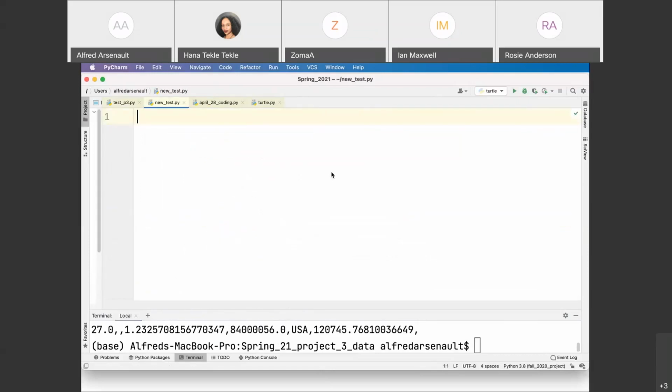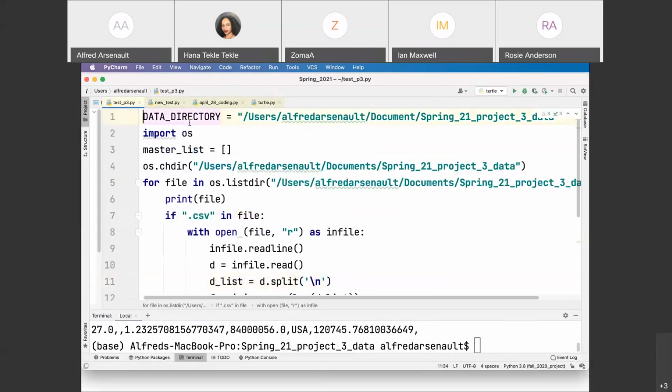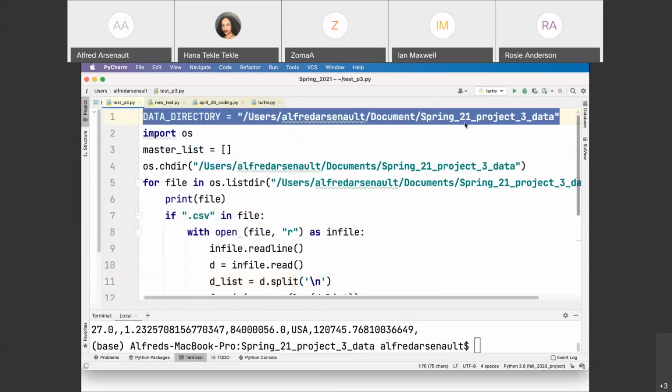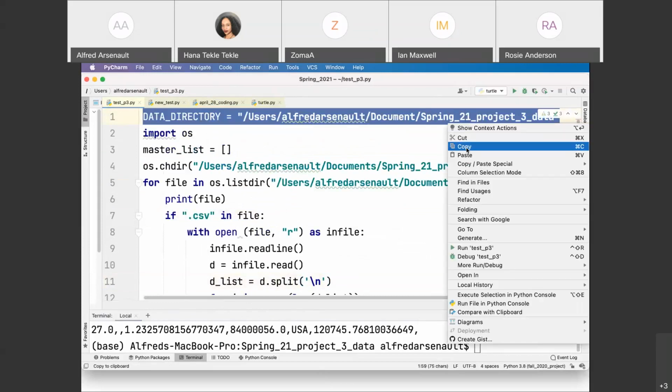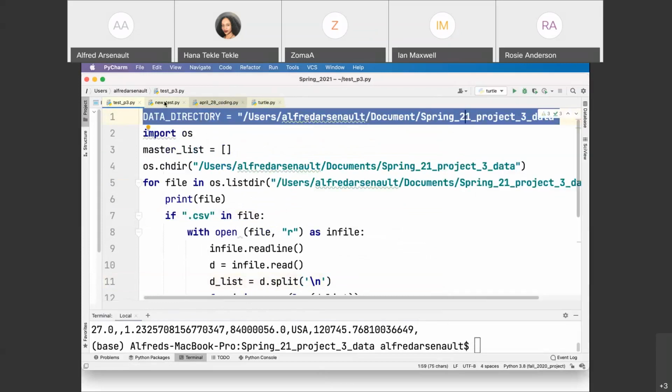And what I want to do is read in one file and put it in a 2D list. Okay, now we have our constant definition. This is our data directory. So I will copy that so I don't lose that